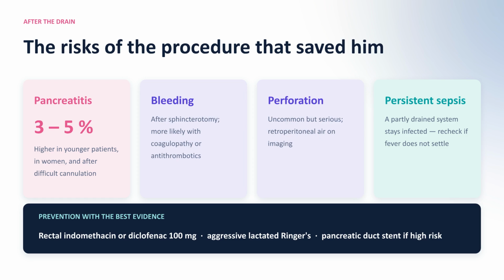Post-procedure pancreatitis is the commonest, about 3 to 5% of cases, and higher in younger patients, in women, and after difficult cannulation. Bleeding can follow a sphincterotomy, particularly with coagulopathy or antithrombotic drugs. Perforation is rare but serious, and a partly drained system can stay infected. So if the fever does not settle after the procedure, question whether the drainage is actually adequate. The prevention with the best evidence is a rectal nonsteroidal, 100 milligrams of indomethacin or diclofenac at the time of